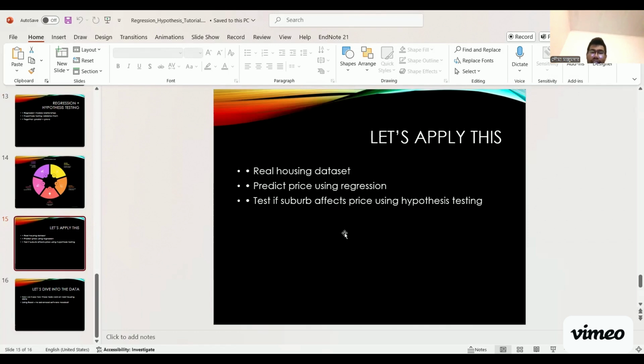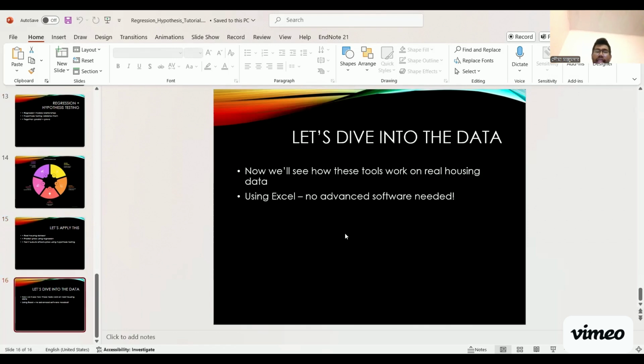Now let's look at that. Let's dive into the data. Now we'll see how these tools actually work on real housing data. We'll use Excel. We won't be needing any kind of advanced software for this exercise. So let's look at